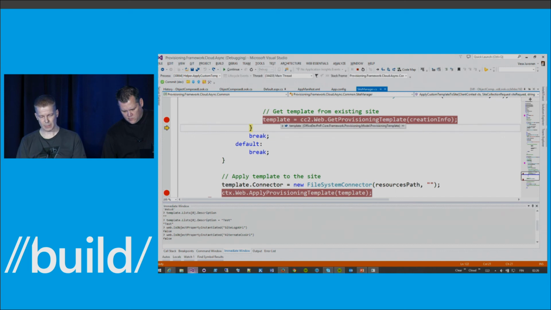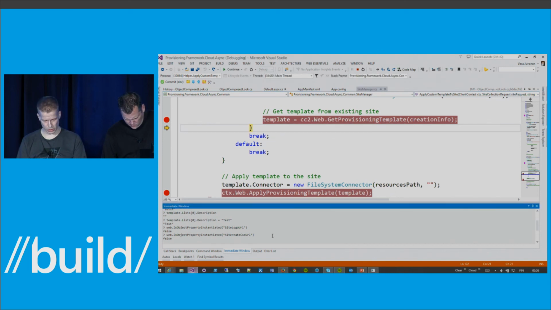After a few seconds, the timing depending on how many customizations we have, that template object now exists, and I can actually do something like, let's do,